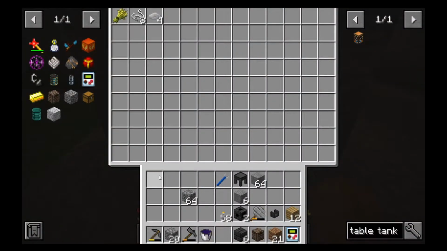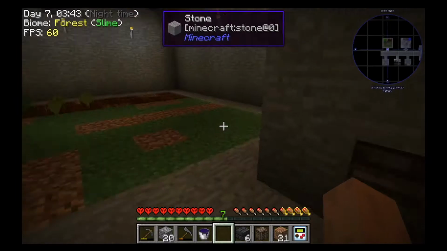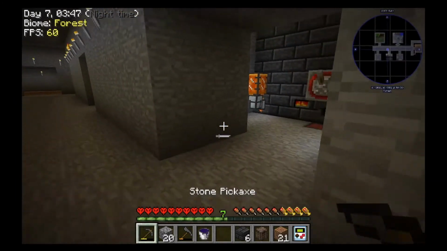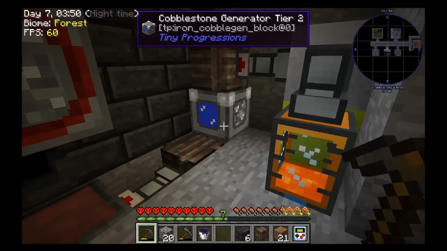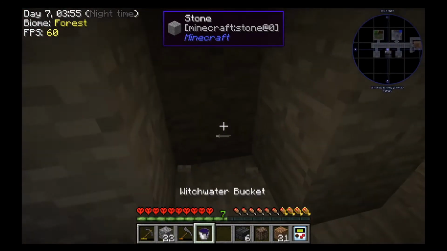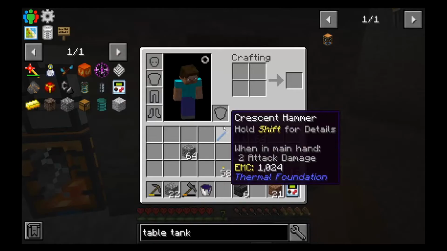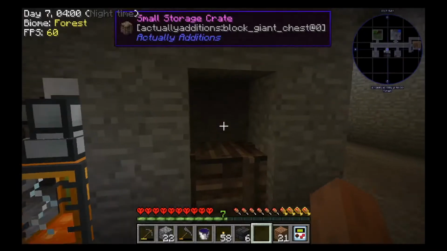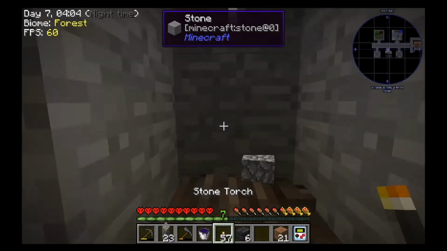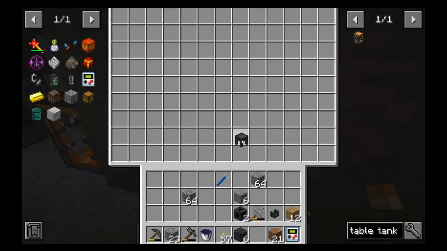That can be the farming storage crate, so we'll put crops from the farm and the seeds there. Do we have one in here? Do we have a storage crate? No. Let's put a little storage crate here. Put a little more light, so we can put smeltery related things in here. We're gonna have to deal with that later, but